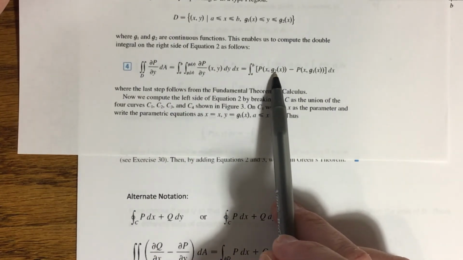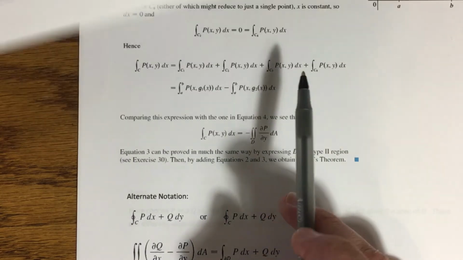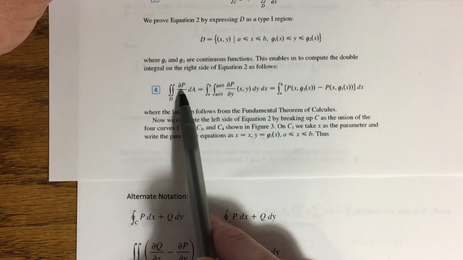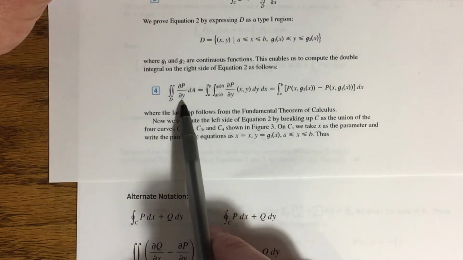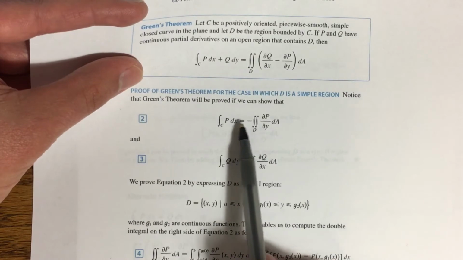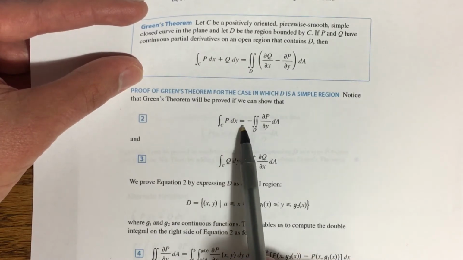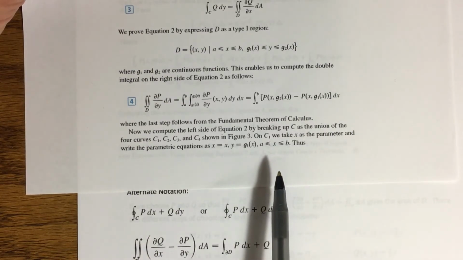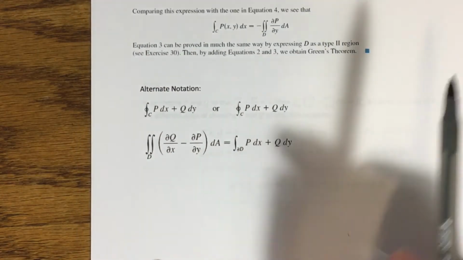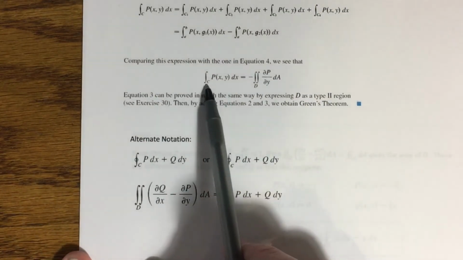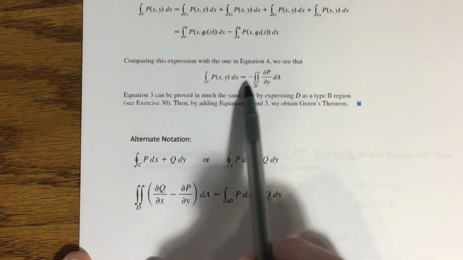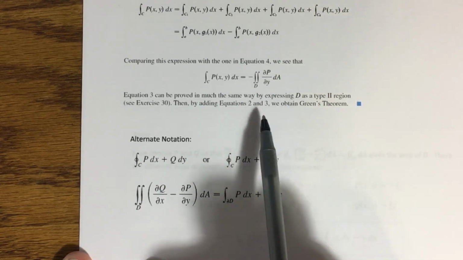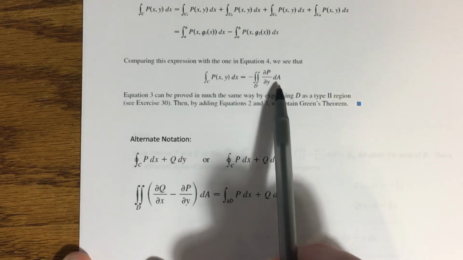Notice the g2 is coming first here, but that's okay because remember what we evaluated here was the double integral where my integrand was the partial of p with respect to y, and we wanted to show that the line integral we just evaluated is equal to the opposite of that. That would switch the order of these two terms in the integrand. So basically that entire argument shows that the line integral along C of p dx is equal to the negative double integral of the partial of p with respect to y dA. Okay,